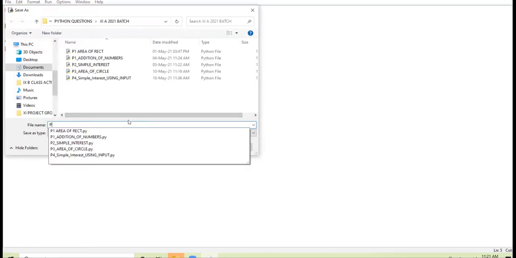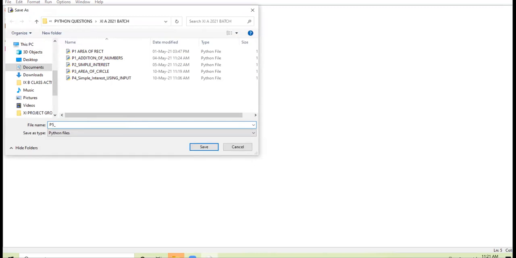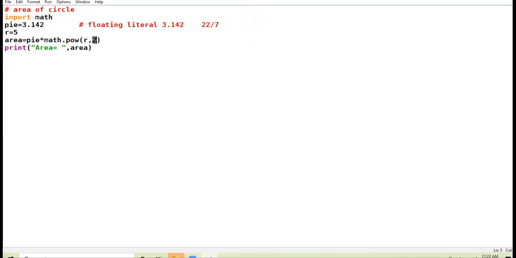P5, maths formula program. Now I am going to make this program: a square plus b square plus 2ab. Okay.